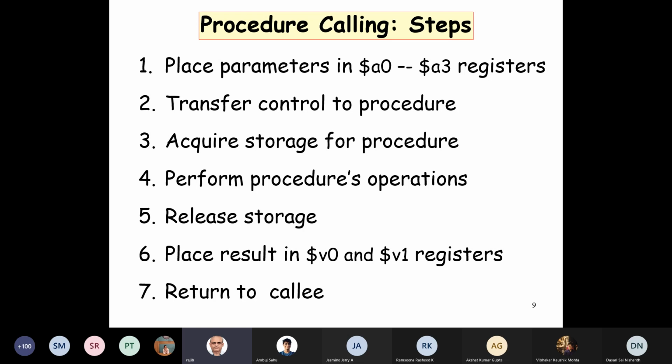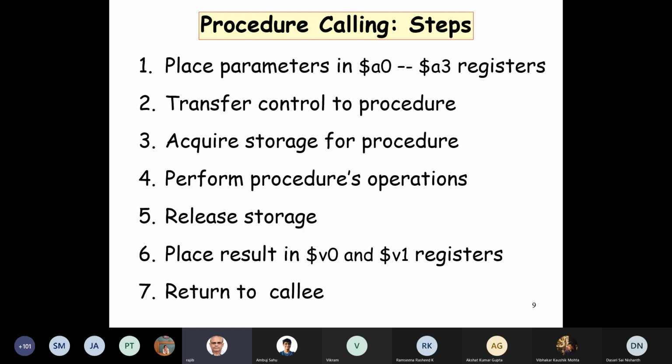What does link mean? When we use JAL, it means jump and link. We store the current address so that we can return to this address later. Okay, where do we store? Vikram, good. Where do we store? In registers, like the RA register. So there is a register 31, R31, which we call RA, the return address.